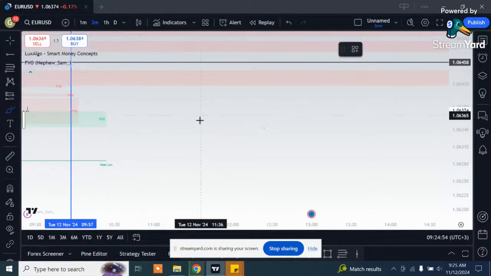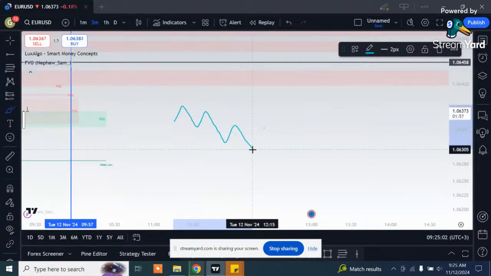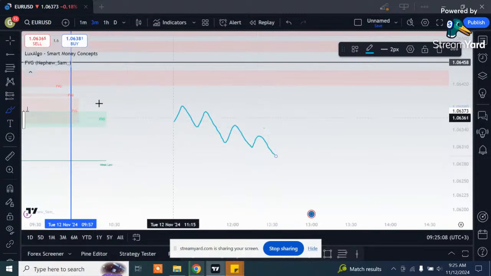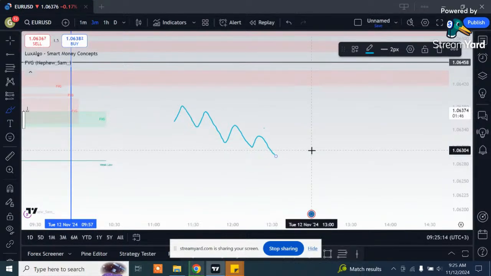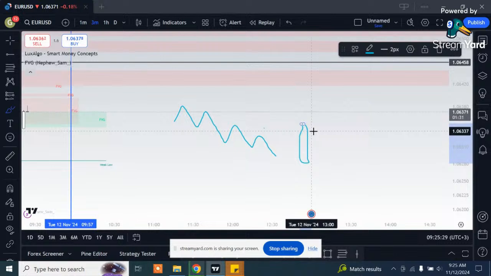What I'd like to look out for is basically seeing price making lower lows and lower highs. So if I see that the structure is, let's say, bearish on the 1 hour time frame, then what I do next is drop down to the 3-minute time frame. And on the 3-minute time frame, if this is the candle from the previous hour, in the next hour what I'd like to see is some kind of manipulation, price coming and taking out maybe the high,